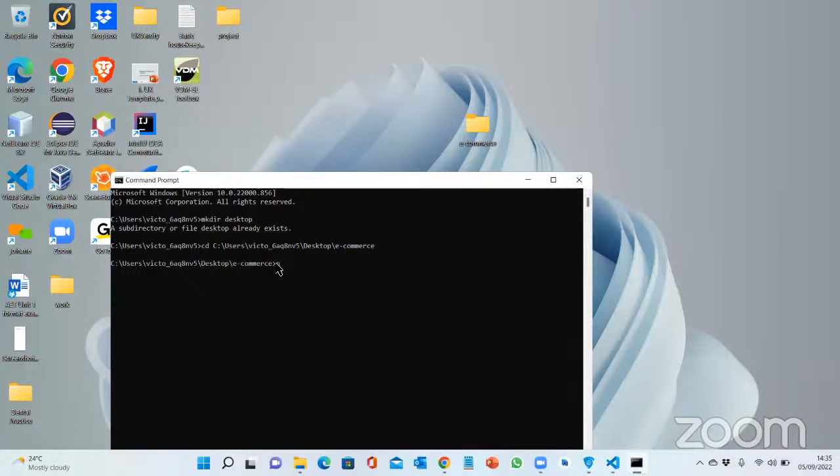By doing so, we have to use npm, which stands for Node Package Manager. And then with npm, we'll create our first package, which is npm init. And by doing so, if we check on our e-commerce,